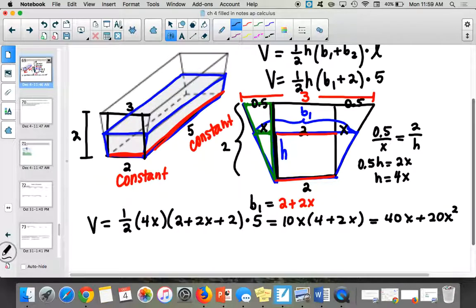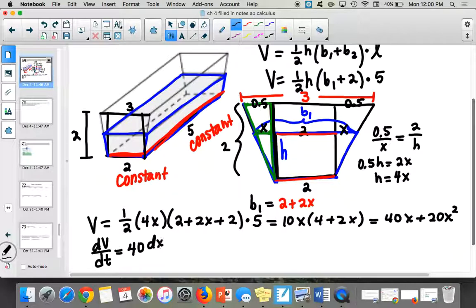Isn't that so much easier? We went from an equation that had 4 variables, h, b1, b2, and l, down to one that just has, well, 5 variables if we count v, right? So now we have v and x. Can you take the derivative of that? All right, do that. But, are we sure this is